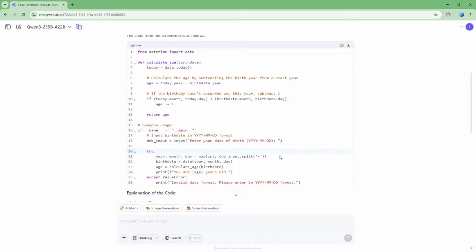And that is how you can utilize the feature of converting the screenshot to code inside of Qwen. So I hope you guys learned something